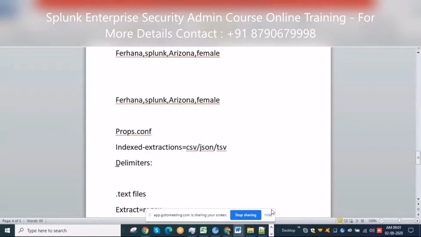Delimiters can also be used in the transforms. You'll be using delimiters, so you write DELIMS equal to, in the quotes, comma, if it is comma separated.